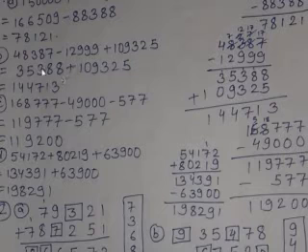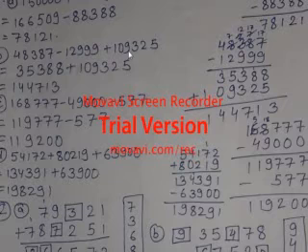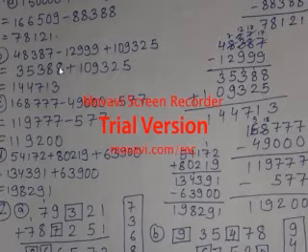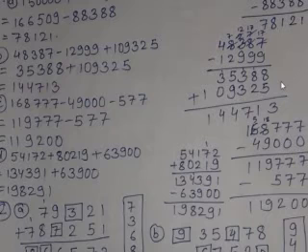After subtraction of this, it becomes 35,388 plus 1,09,325. Some students start to write from here. No, you shouldn't start to write from here. Always when you are writing 1,09,325, 5 should be just below 8, 2 should be just below 8, and then hundreds place should be just below hundreds place, thousands place just below thousands place, ten-thousands place just below ten-thousands place, and lakh place just below lakh place. As there is no lakh place over here, after ten-thousands place will come lakh place. So placing the number plays a very important role. You should know how to place the numbers.